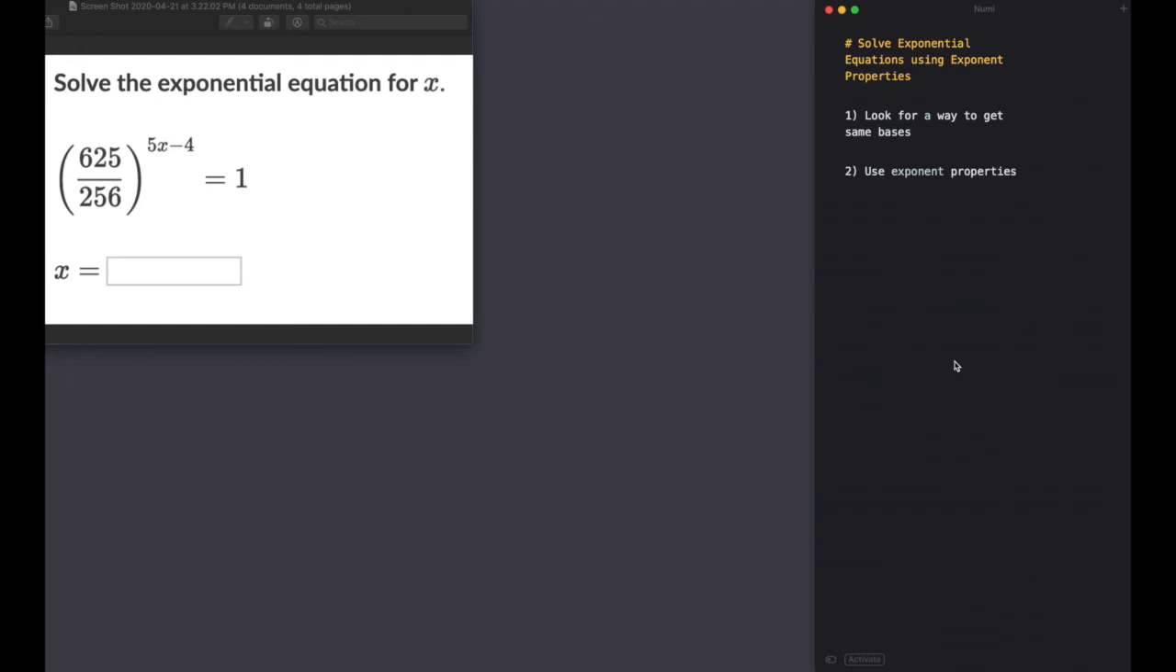This video is for solving exponential equations using exponent properties. These types of problems are the type that, as a student, would make me pause and make my stomach uncomfortable because they looked complicated and impossible to understand. And hopefully in this video we will demystify that process and you will see that even someone like me can